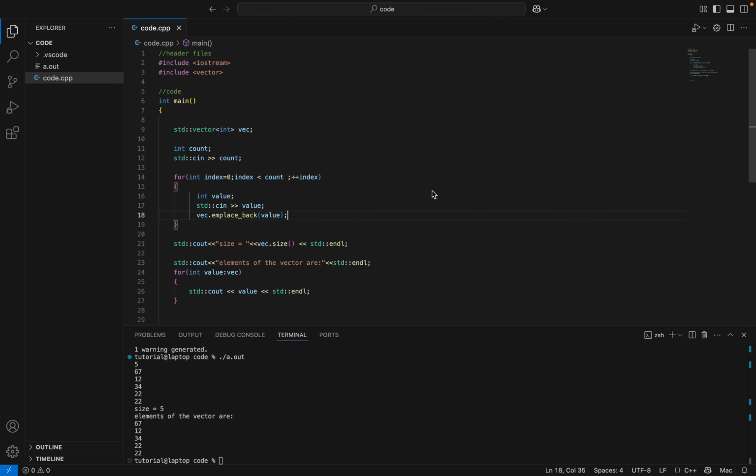Hello guys, in this video we will take a look at another type of container that's similar to vector but behaves a bit differently in some of the use cases and aspects. So let's get started. If you take a look at this particular output over here,